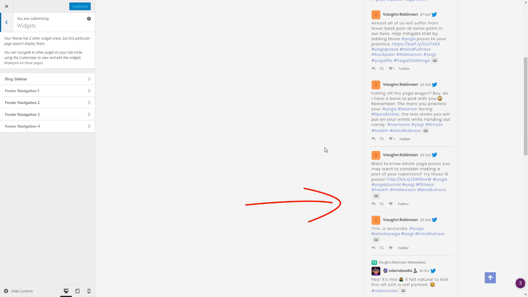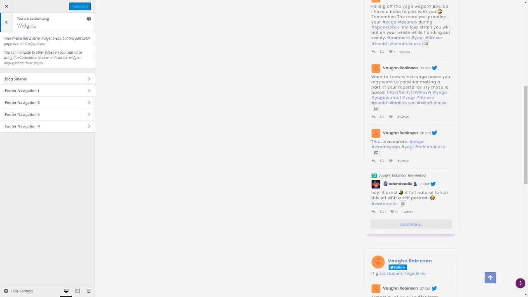I hope this tutorial has been helpful in showing you how to add a Twitter feed plugin to your WordPress